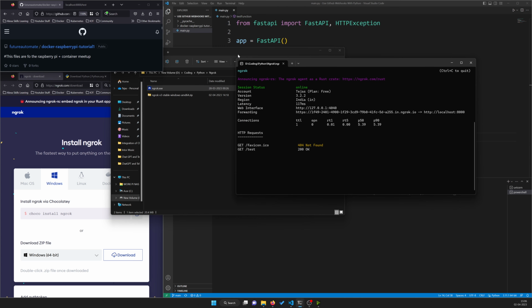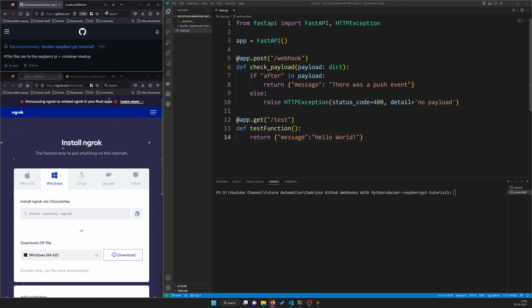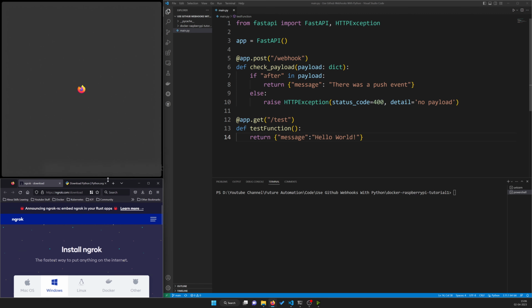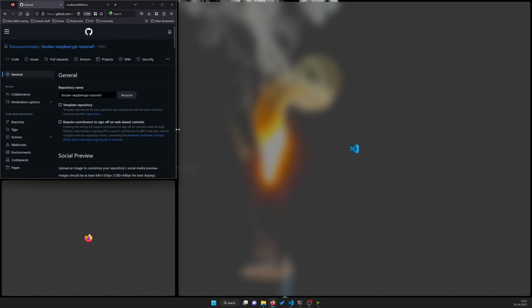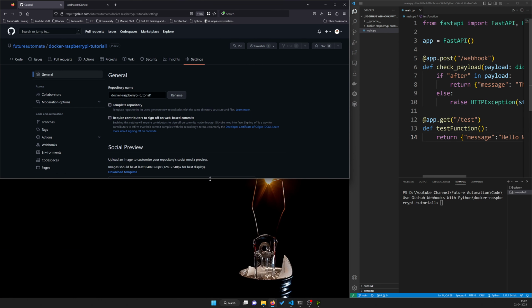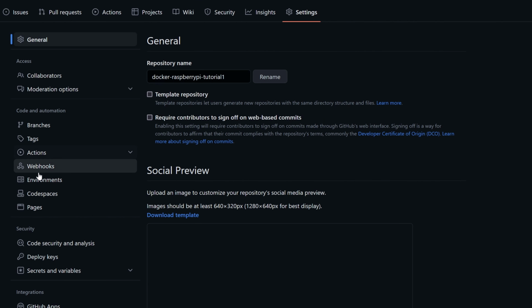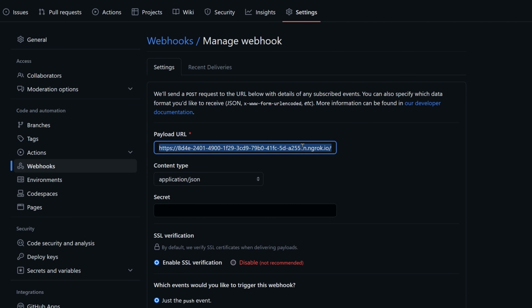And now you need to go to GitHub again. Let's minimize this. And now in GitHub we go to settings. Here let's just maximize this a little bit, and we are done with ngrok. So I'll close this and I'll save this. And in webhooks, if you go in the edit section here, you can see that I have already added an old URL. I'll add the new one and I'll add a webhook here, because the main route that we need to